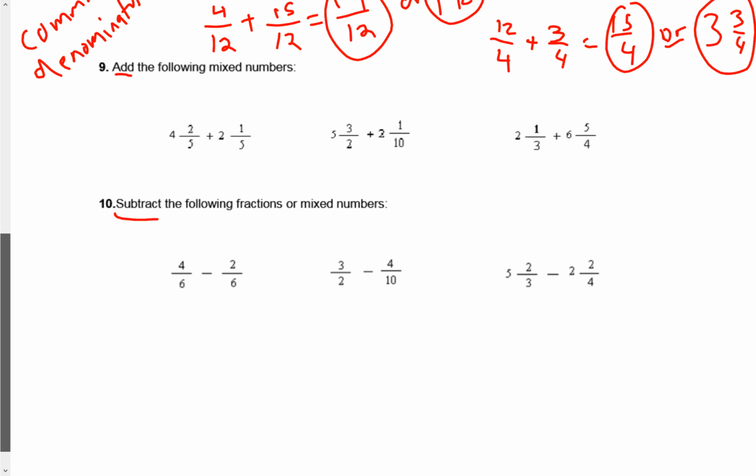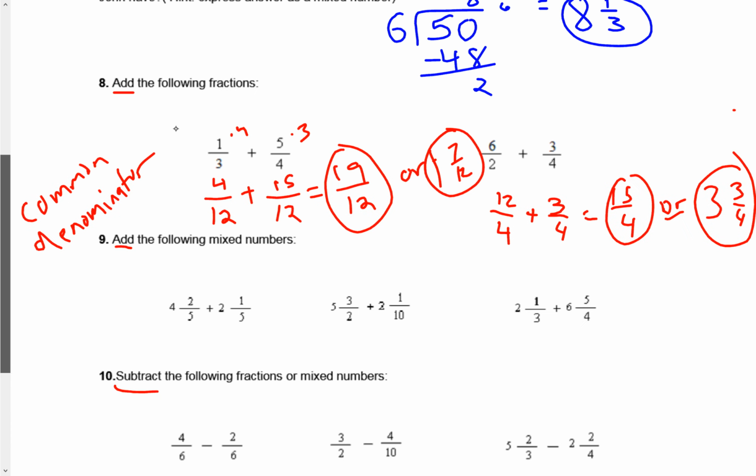If we're simply adding them, common denominator. So I'm not going to explain each one. I'm going to show you how to do it. You can follow along. If you find the common denominator, you can then add the whole numbers and the fractions. Okay? Nice thing about the first one is it has a common denominator already. So we get, oops,